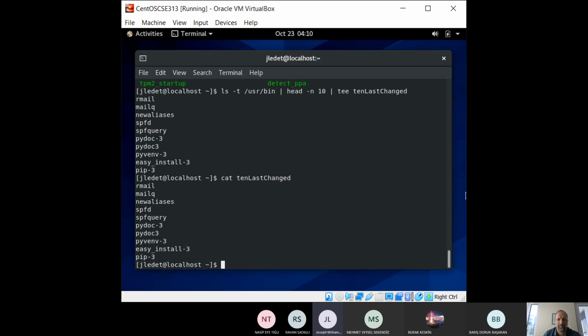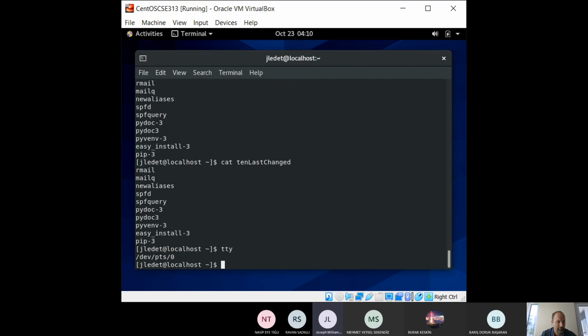Okay. All right. Again, if we said tty, there. Okay. This tells us where the screen file is,